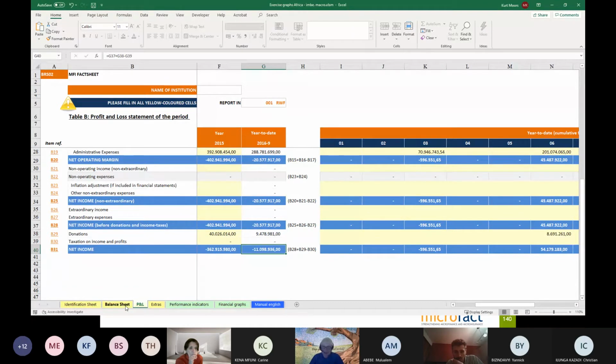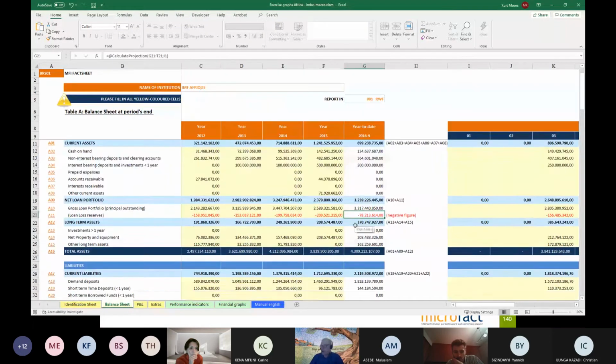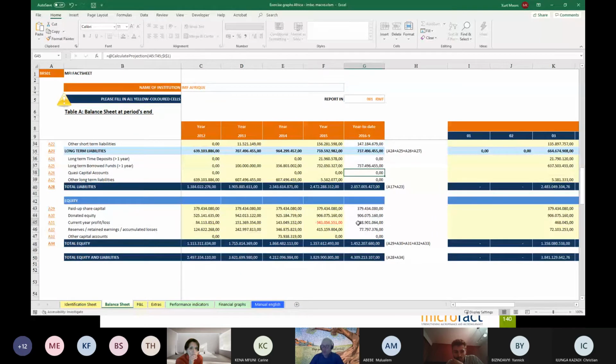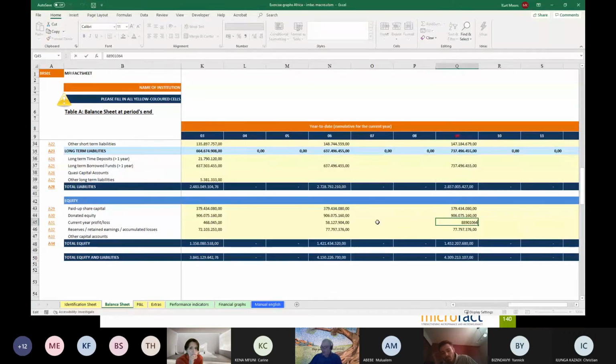So I go to my balance sheet to make the link. You can see this is not automatic, because it's here. I still see that my previous profit of the year is still shown. So I have to make sure, and then I go to the 9th month, that the provision expense